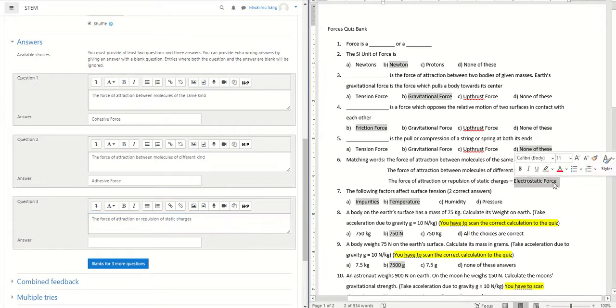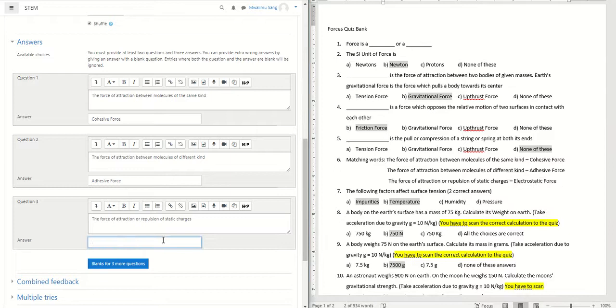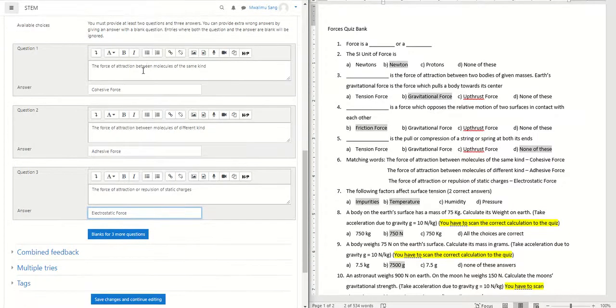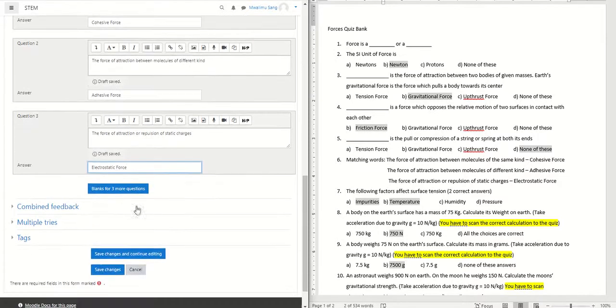and the answer is electrostatic force. So it will always be giving you 3. So if I need to add more, I'll just click blanks for 3 more questions, and then I'll have more, but since there are 3 and there are 3 here, I'm done. So what I'm going to do,